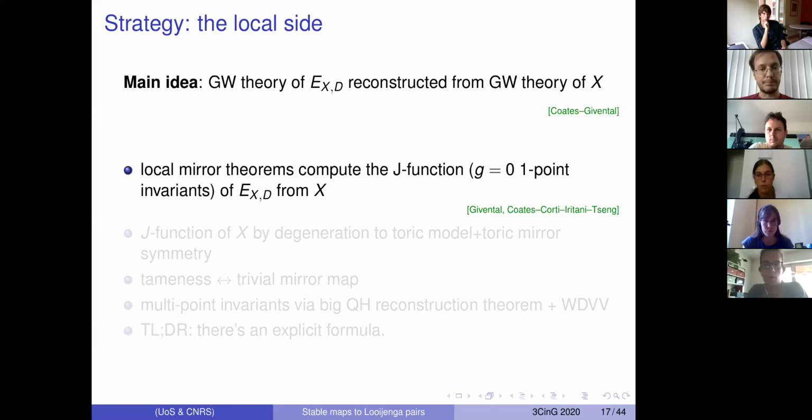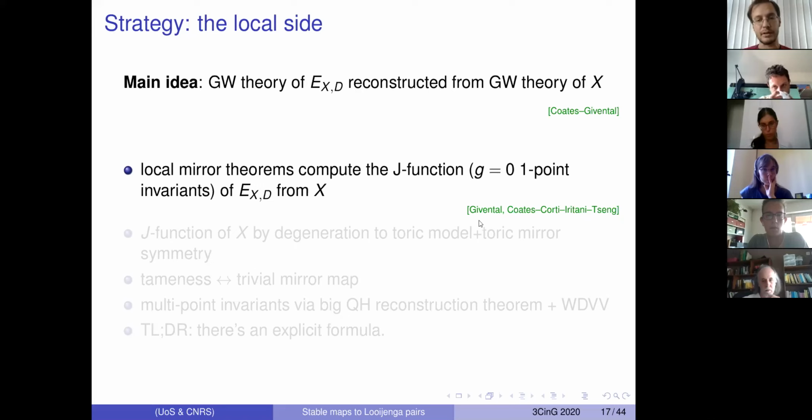So the basic set of steps here is that local mirror theorems compute the J function, so genus 0, 1 point invariants of the total space from the J function of X. So the J function that appeared, briefly, in our talk yesterday. So the J function of X,